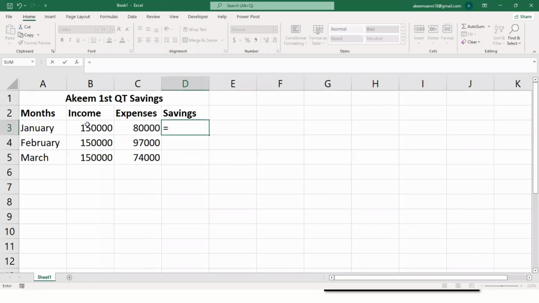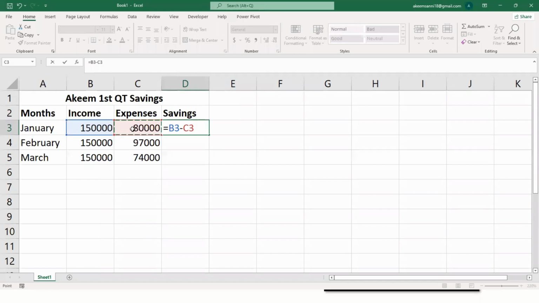I'm telling Excel to take whatever content I have in B3 minus the content I have in C3. Did you get this now? What this means is whatever it sees in B3 is going to remove whatever it sees in C3.